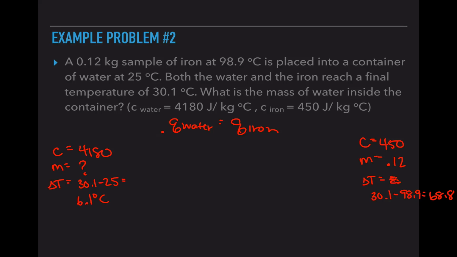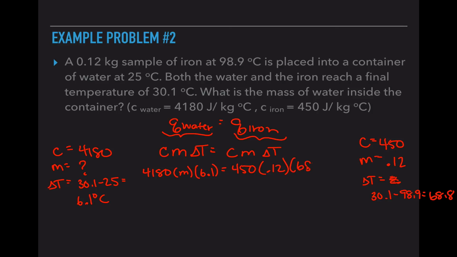So I'm going to replace Q of water with Cm delta T, and I'm going to replace Q of iron with Cm delta T. This is just a substitution because I didn't give you a Q value, I did give you everything else. So I'm going to take 4,180 times M times 6.1 equals 450 times 0.12 times 68.8. I'm going to combine these numerical values to get 25,498 times M,